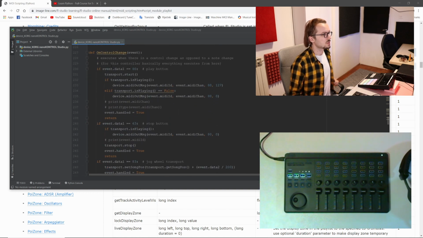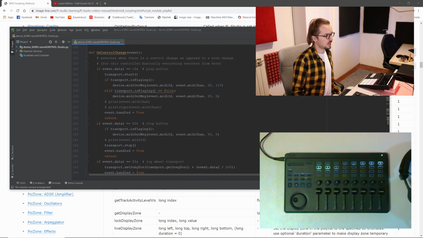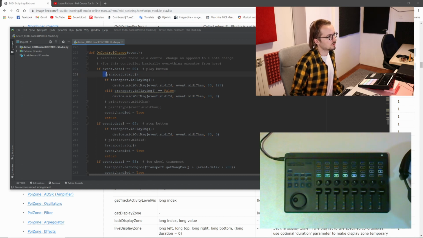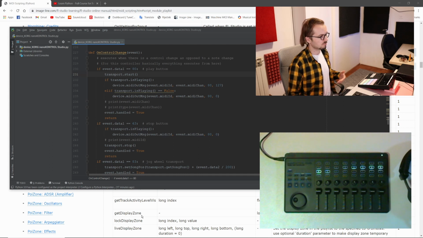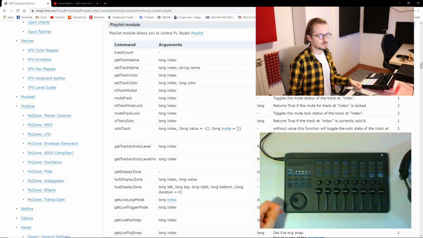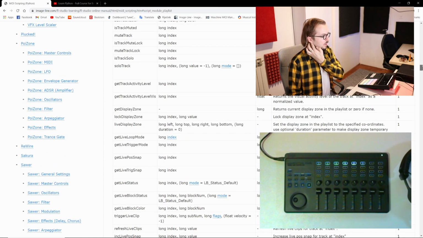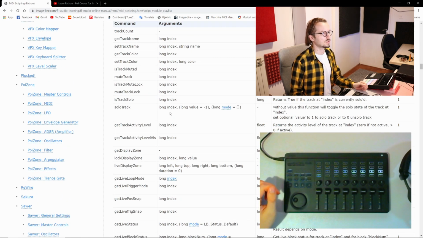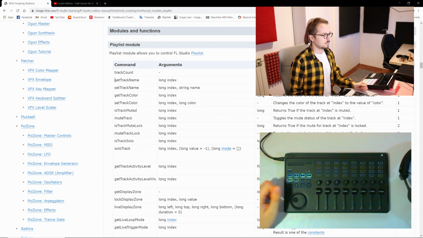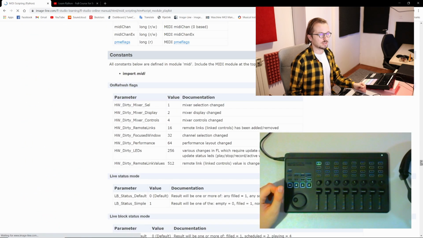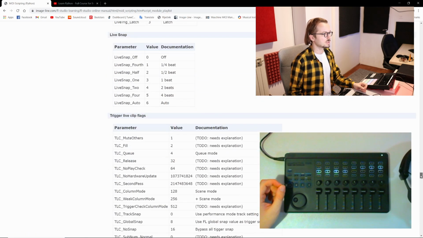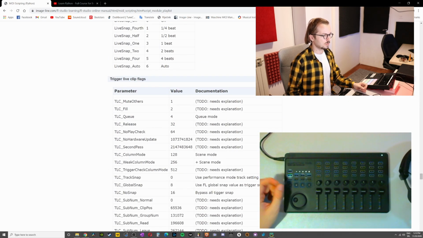So here, if the event data is 80, then you just do something. So whatever you want to do with that, you can just come in here and browse this page and find out what all of these do. Sometimes it's gonna be complicated to understand. Like for example, I'm still not understanding some of these parts down here,